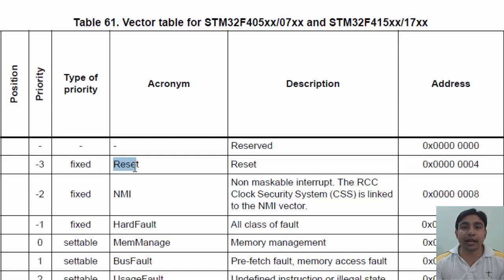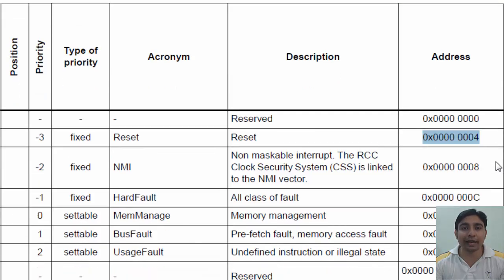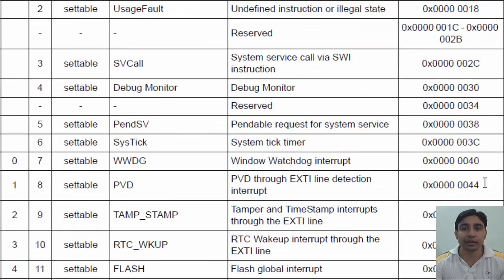The next two terms tell us the interrupt name, and then we have the address. Every interrupt has an address assigned to it. You actually don't need to know this. You will never need to use it in your program because the library will automatically do that for you. In the same way, if we go down through all, we have 91 interrupts here.